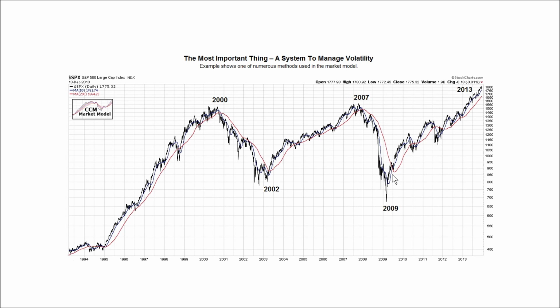In 2009, we get the red moving average, the 200-day turning up. We get a bullish moving average crossover, and we move back to a full bore bullish look similar to this period here. This bull market's been a lot more difficult with a lot more volatility, and that's why we use numerous methods and have redundancy to help us smooth out some of this volatility.